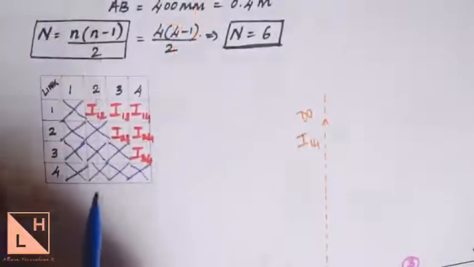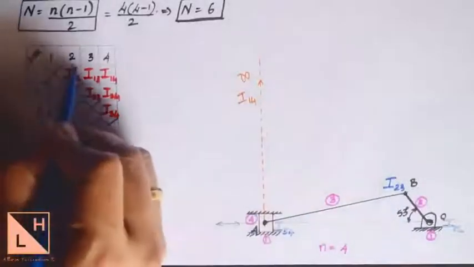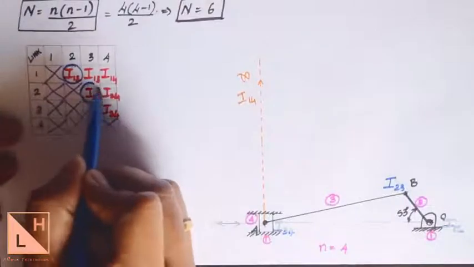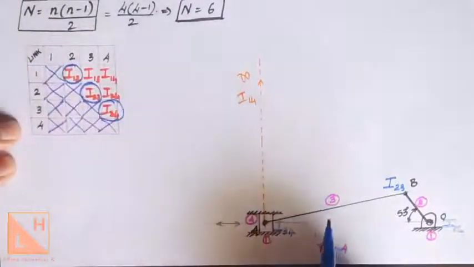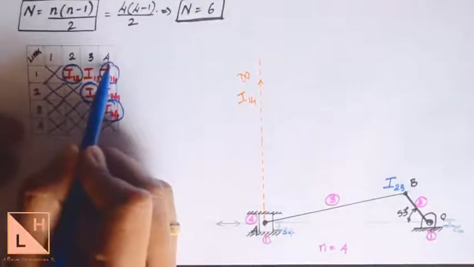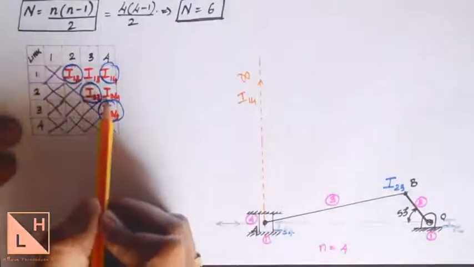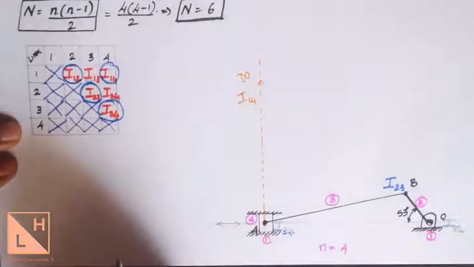Now coming back to the ICs that we were supposed to find, we have found some of them which we have listed here, right? So we found out I12, I23, I34, and we also found one instantaneous center at infinity, that is I14. So we have two more instantaneous centers that are to be found out, I13 and I24. Now how do you find these two instantaneous centers? Again by geometrical construction.